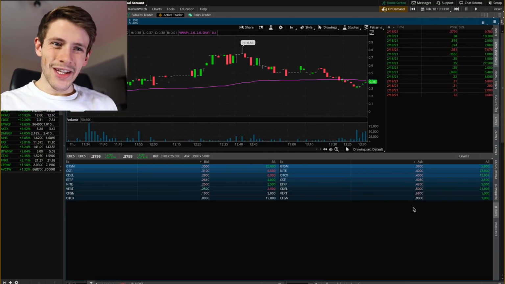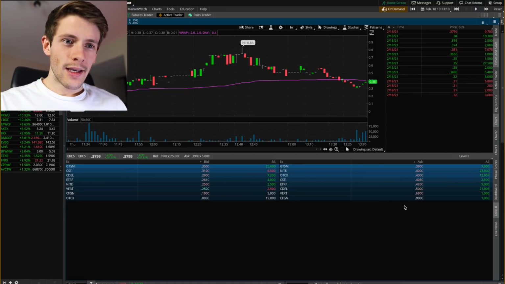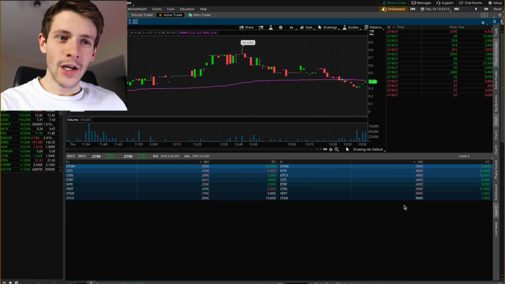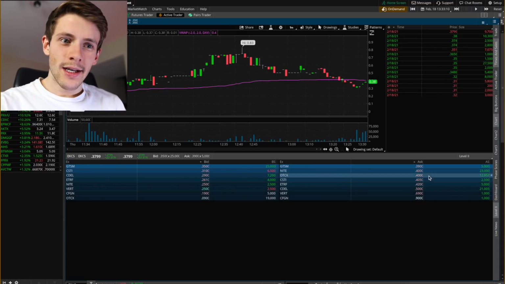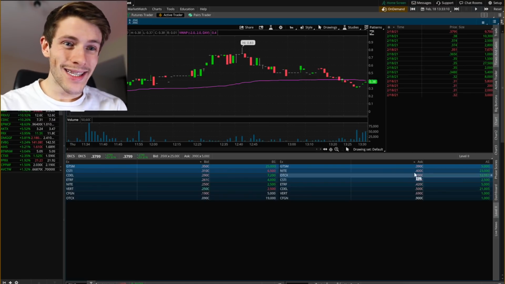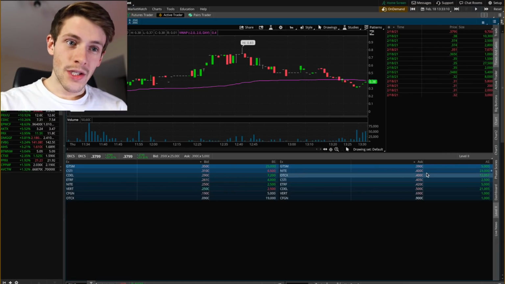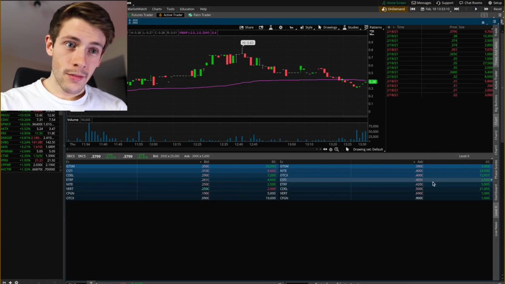So you can see on the level 2 here, look at this. This is the type of stock where I would probably be a little bit more aggressive if there's upward momentum. Because I know that if this gets a lot of buyers, it's going to pop up really quickly. And the reason for that is, look at this level 2 here, guys. You see 5,000 at 39. You see a decent number at 40. You see some at